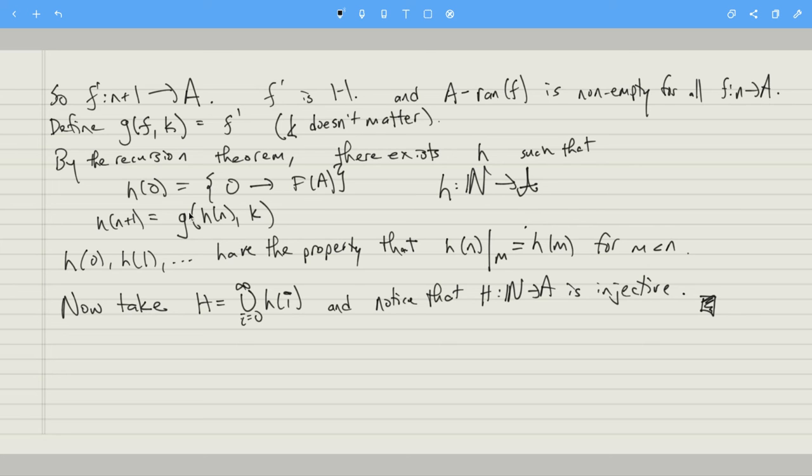Okay, and h of 0 is just the sequence which sends 0 to whatever choice element. h of n plus 1 is just defined to be, if I have the nth term of the sequence, I just kind of add on to it by defining G. Okay, so that defines a sequence of sequences, but each sequence has the property that